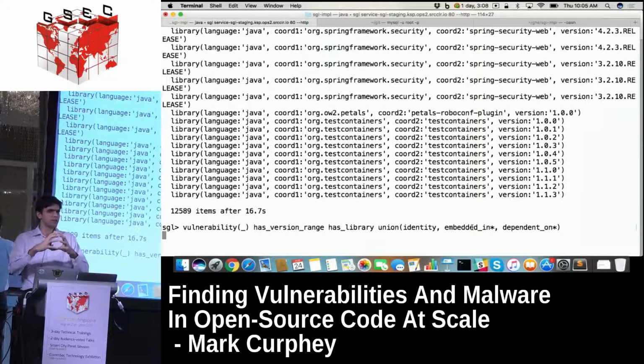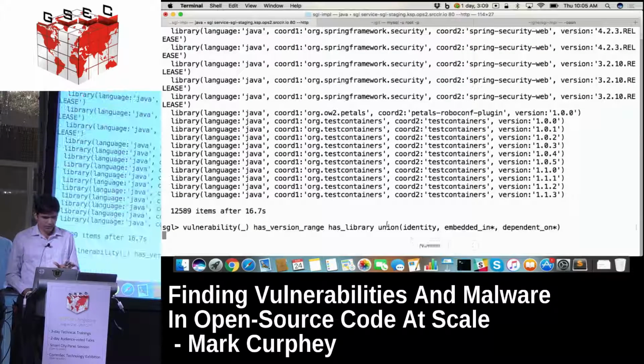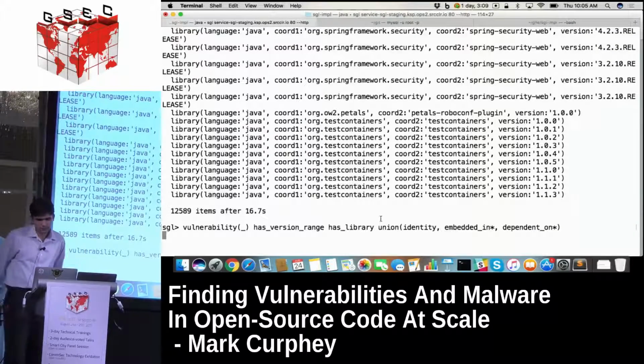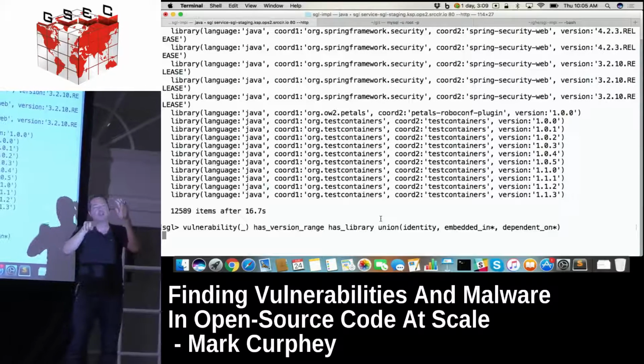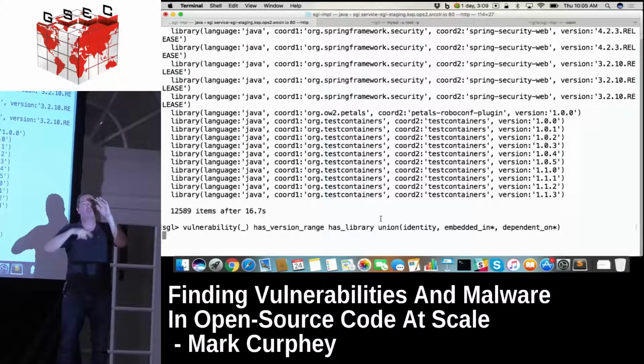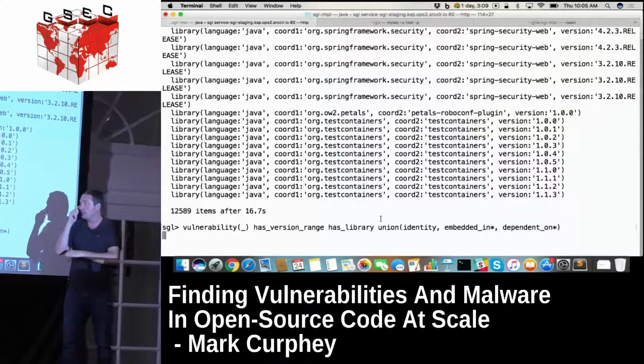So you take all libraries that are known in Java and you look for all possible places they are copied over. And I think it will finish in a while, but what you'll see is there are more than 6,548 unique libraries which are affected by existing known vulnerabilities, right? So that query is traversing all 340 million nodes, and it's going through every single method call of every single node and figuring out where a vulnerability is being called, inherited, or any of those instances. And it'll take a little while because it's traversing every single possible thing.